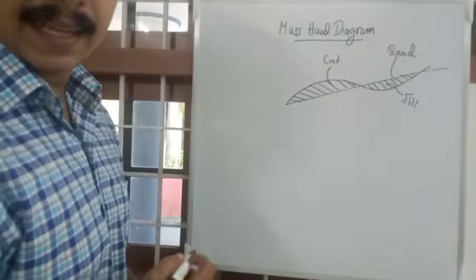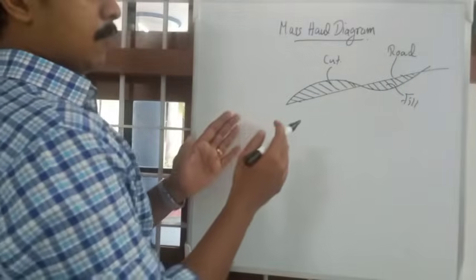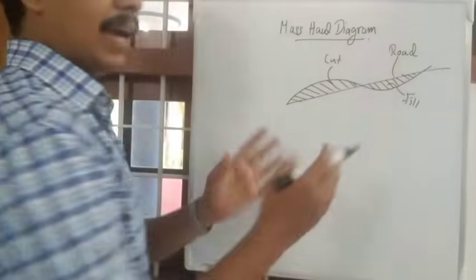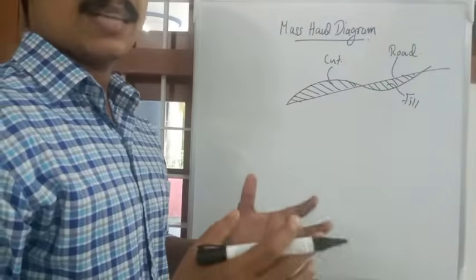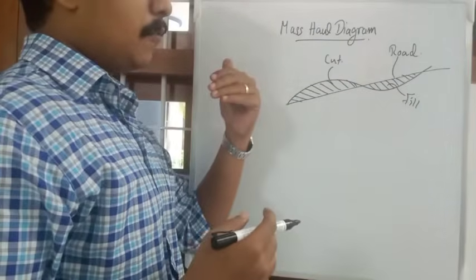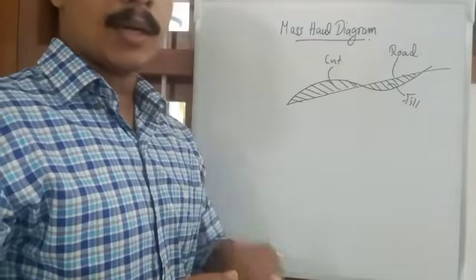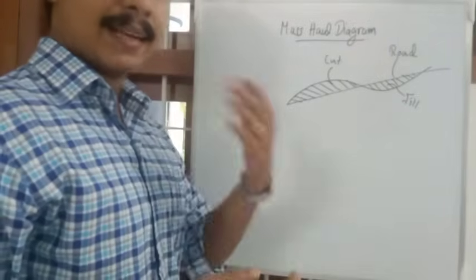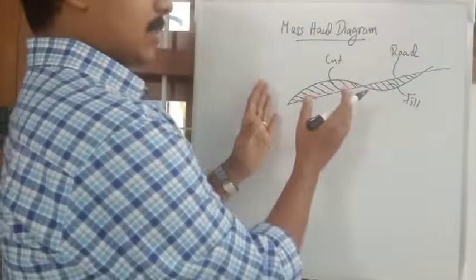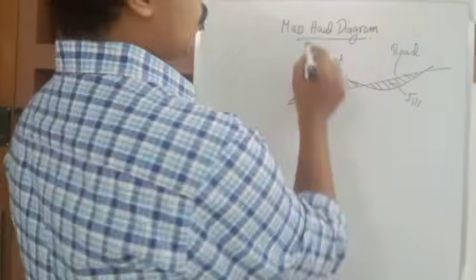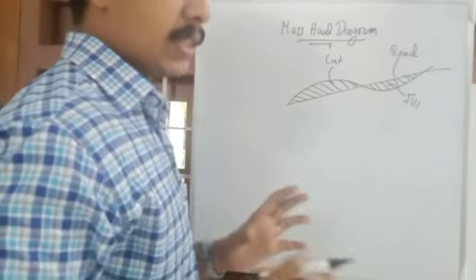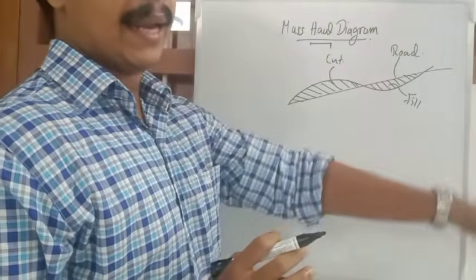cutting and filling. So if you are considering a 1 kilometer road, you will be having considerable volume of earth to be moved. And if you are considering about 200 kilometers, 300 kilometers of roads and railways and canals, you will be having enormous amount of earth to be hauled. Movement of earth is called hauling. You pull or push this earth towards a point and leave it there.